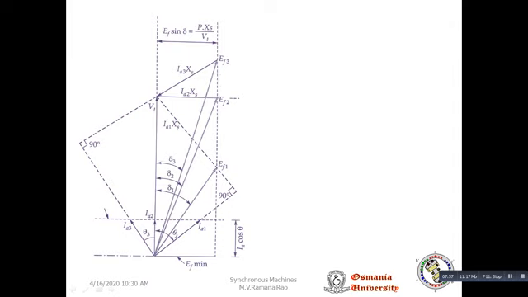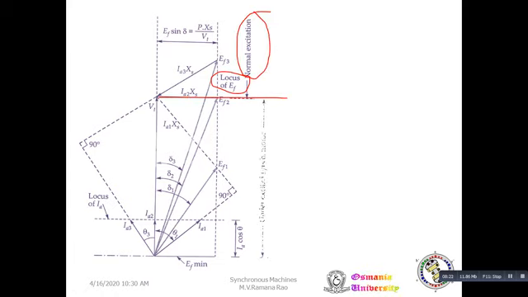So this is the locus of armature current, and this is the locus of EF. You can see here the locus of EF, because EF sin delta is constant. Now this is normal excitation, when IA2 is in phase with VT. So below this is under excitation, the under excited synchronous motor. Above this is the over excited synchronous motor. So under excited synchronous motor, over excited synchronous motor, and normal excitation.